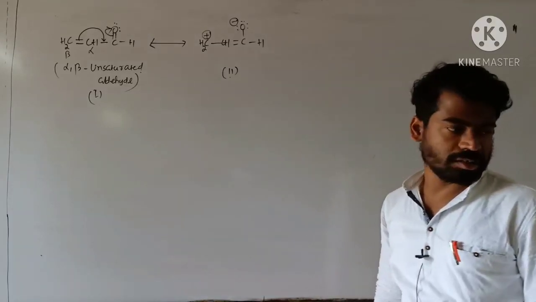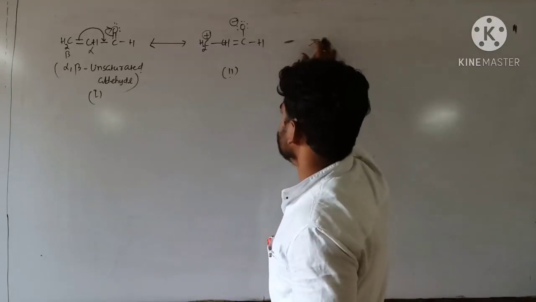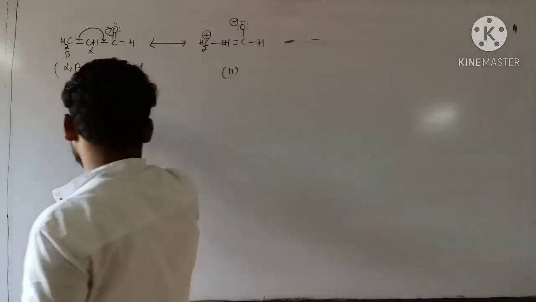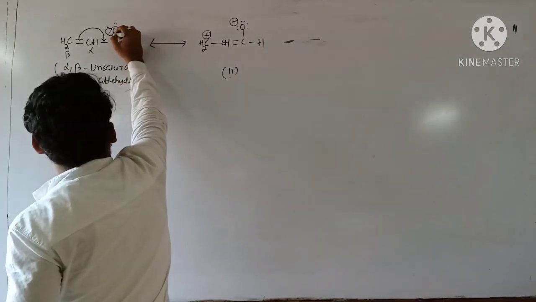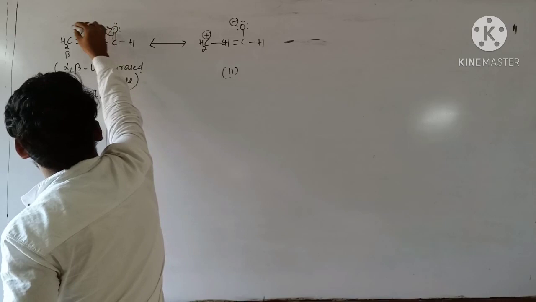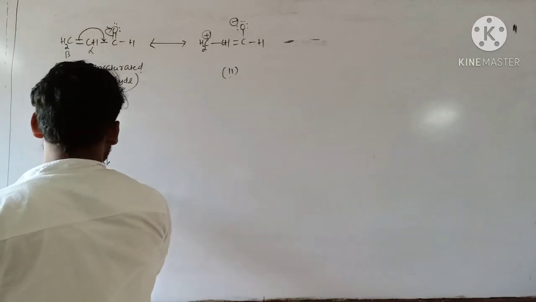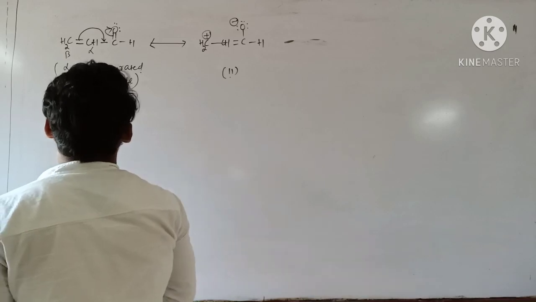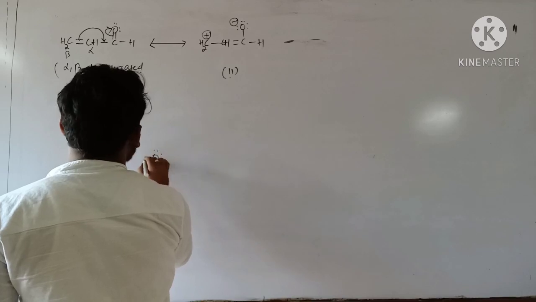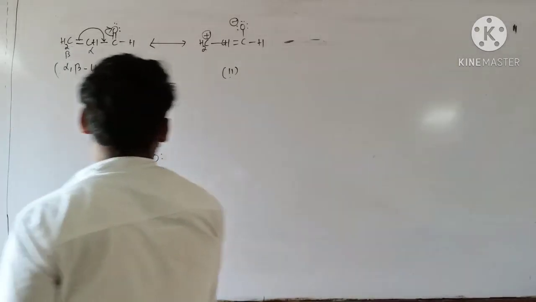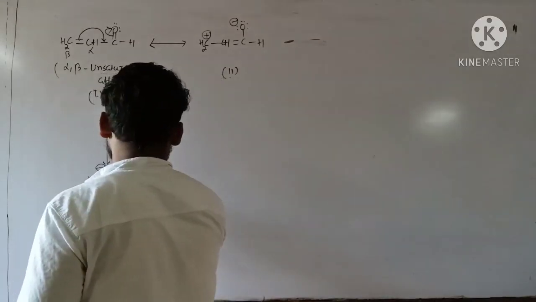This oxygen becomes plus. The next structure, if we assume this one is structure 1, structure 2. So next structure I can do, you see, if this double bond comes here and this pi bond comes here. So what is the structure? CH2 pair of electron minus, single bond, CH double bond, C single bond oxygen. So here will be plus charge, and now this one is H. So this one is structure 3.